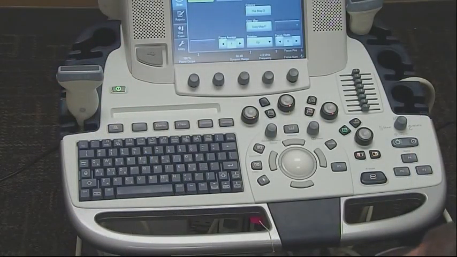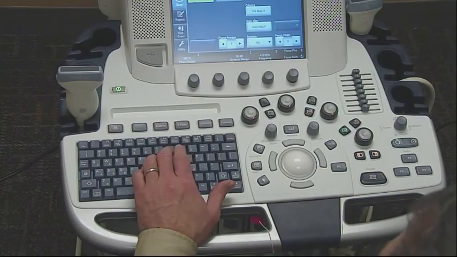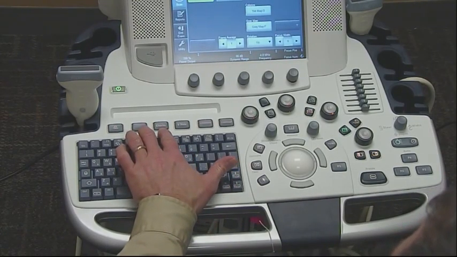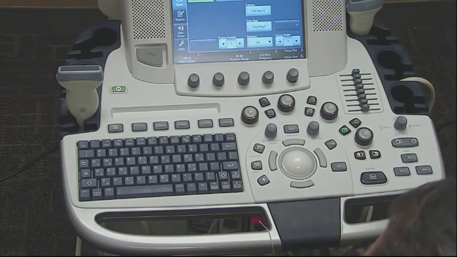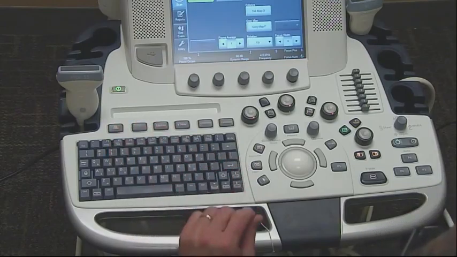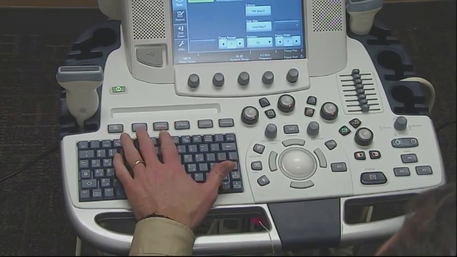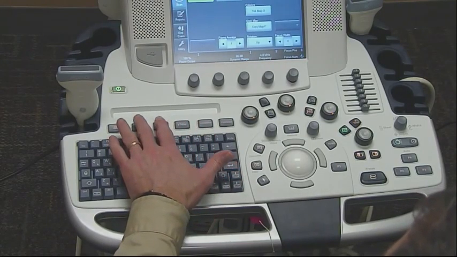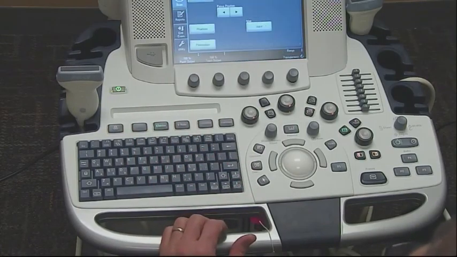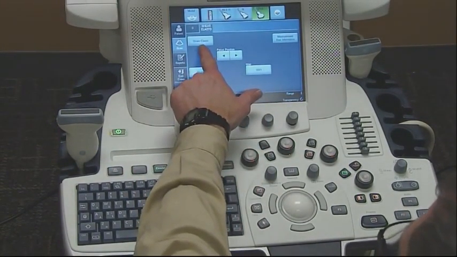Alright, to begin with, we will enter elastography mode. That is done via the button on the touch panel. It's important to recognize that the elastography button serves two functions currently. One is to enter strain elastography and the other is to enter shear wave elastography. So once we press this button, you'll see on the touch panel you have the option to either enter strain